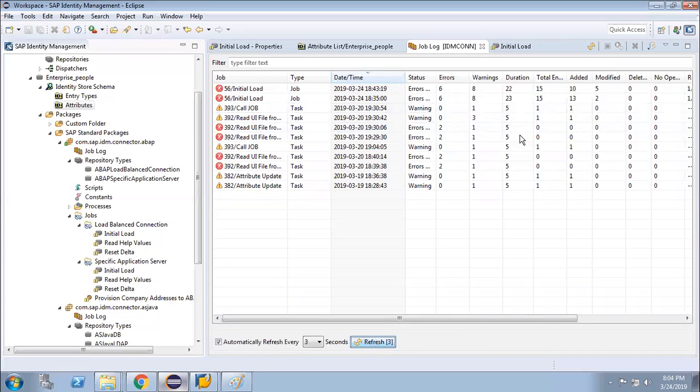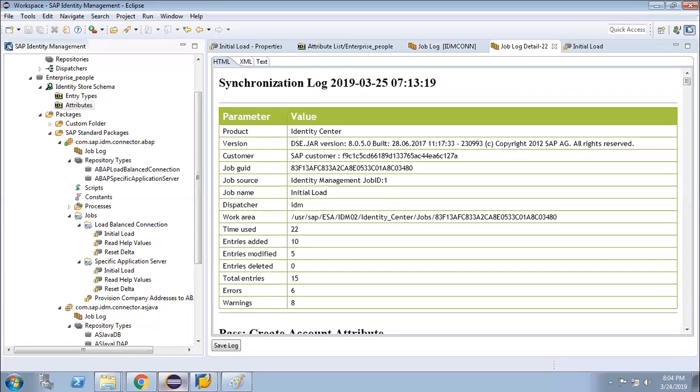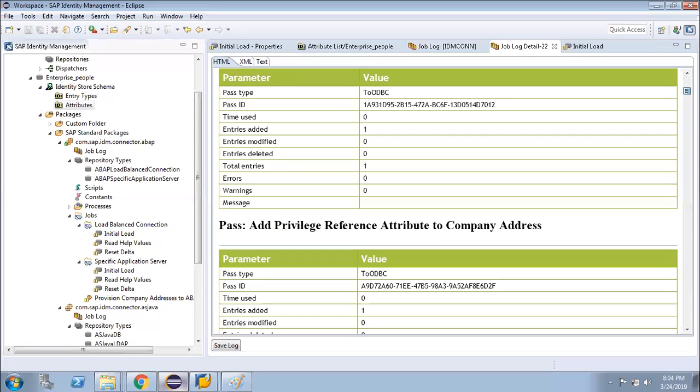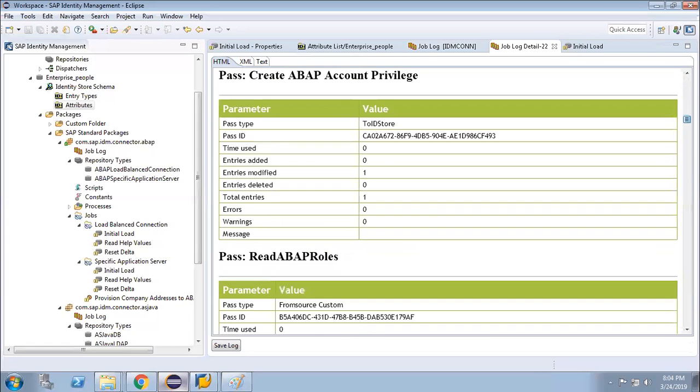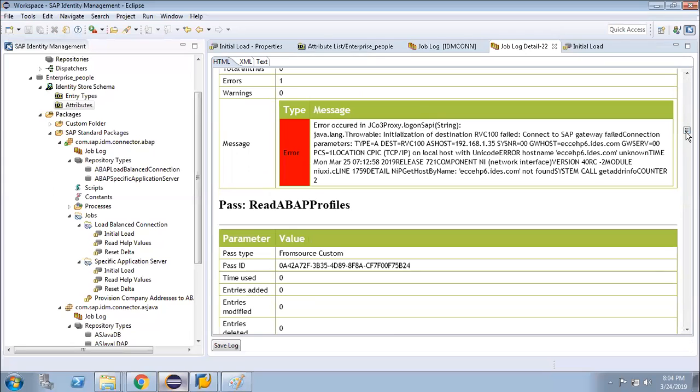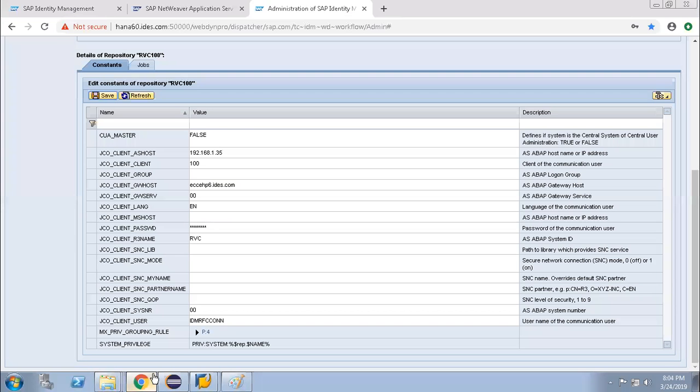It might not need 23 seconds. Again error. So let's see where this error comes from. The same point the error is coming. Hostname, why is it showing this hostname? I changed it, right? Gateway host also, you give that number. Yep, let's try.